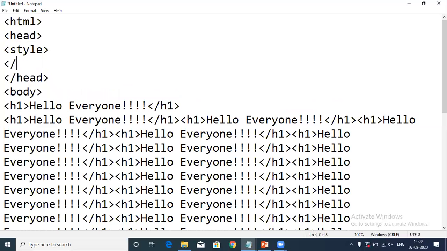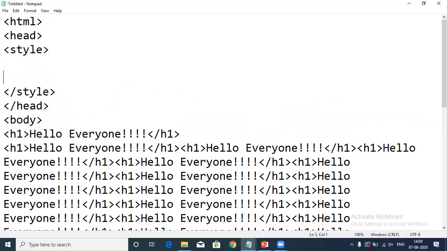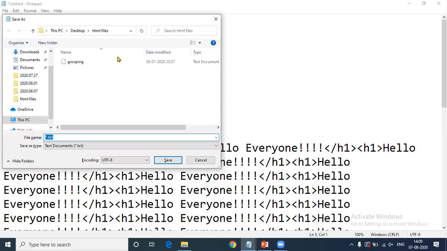Under the style tag, I'll define the different background CSS properties. Now I'm going to save it with the name back.html.